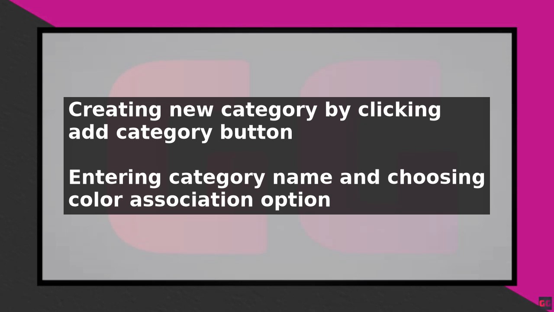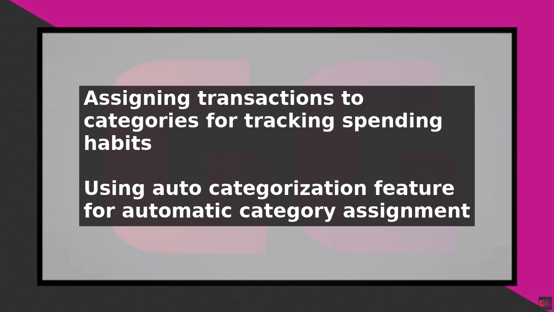Best practices for creating categories in Quicken Simplify include keeping your categories simple and consistent, using descriptive names, and avoiding overly broad or narrow categories. It is also a good idea to review and update your categories regularly to ensure they are still relevant and accurate. By following these steps and tips, you can effectively create and use categories in Quicken Simplify to manage your